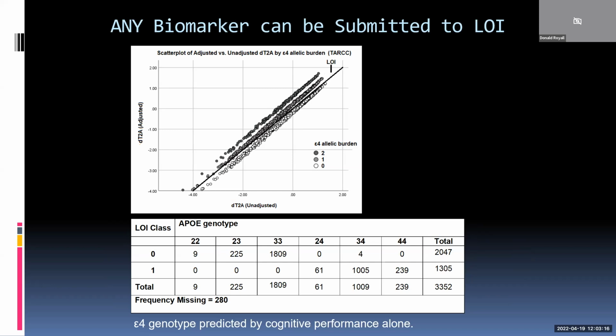This is ApoE. It gives you a really nifty looking scatter plot because you can actually see the dose effect of how many ApoE alleles the patient or the subject carries. And the two adversely impacted groups are the groups that carry E4 alleles, and there's a clear dosing effect. At the bottom, you can see the prevalence of each genotype predicted from cognition alone, and that basically the adversely impacted group contains all of the E4 carriers.